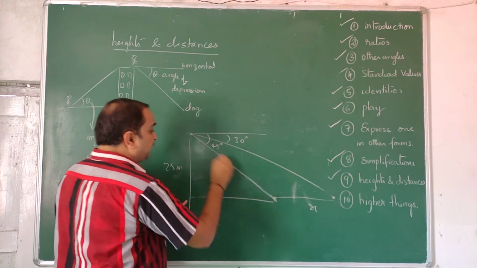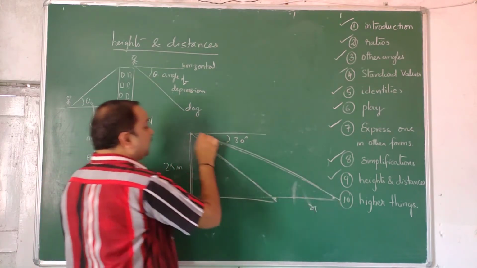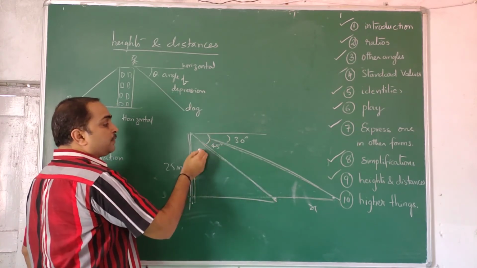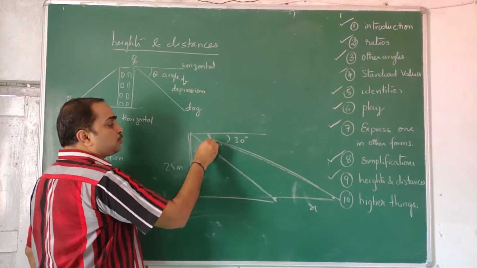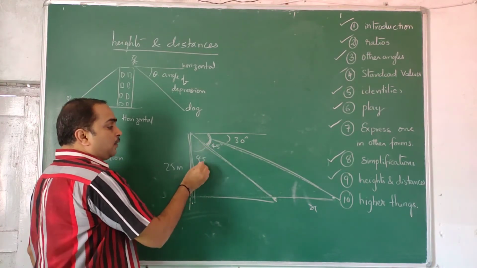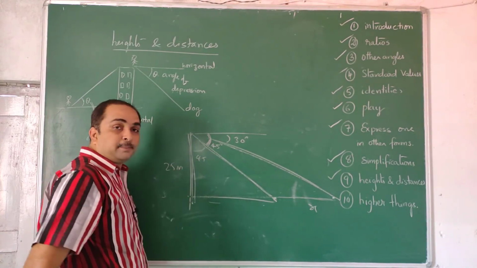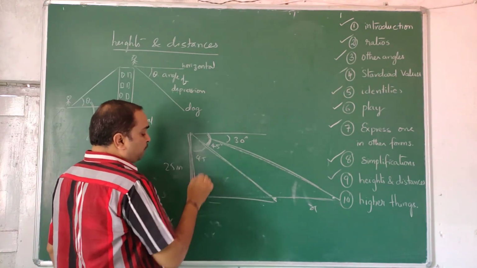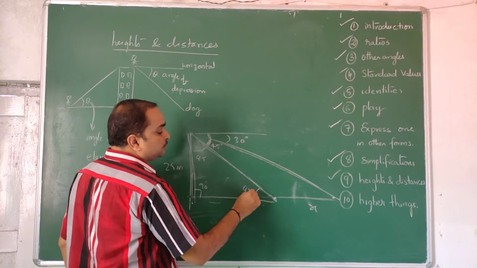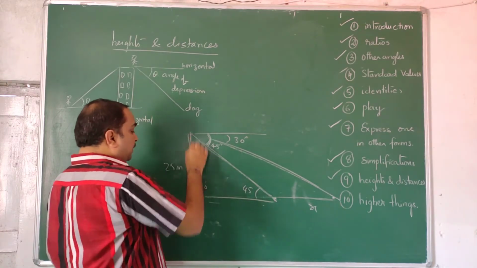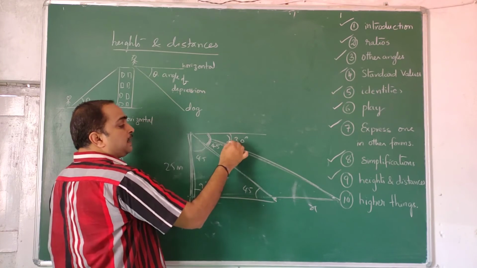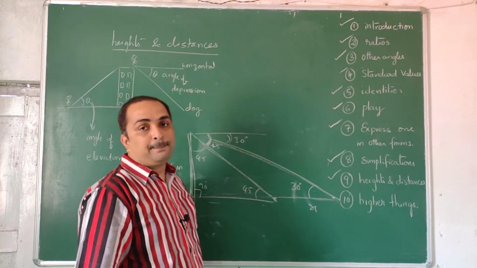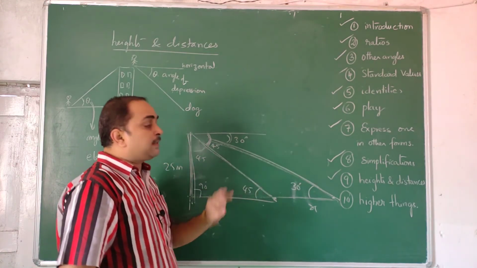So there is one right angle triangle here, there is another right angle triangle here, and the angles are known. This is 30 and the total is 45, so this will be 45. Once you know this angle, this side and this side are linked, so use the geometry. In this triangle this is 45, this is 90, so obviously this is 45. In this triangle, this angle is 30, and this angle is 30 because alternate angles are equal. You have to use school level geometry. Once you know angles and sides, connect them.